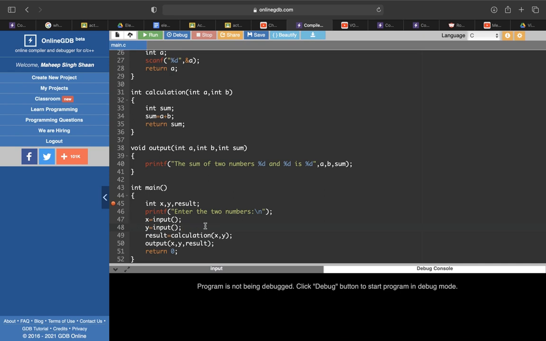I'm calling this function. So whenever the green line comes here, the arrow comes here to line number 47, 48, 49, 50, what you're supposed to do is step into whenever you see you are calling a function. So what happens is it goes to that particular function, then you keep on doing step over until you're back to calling the function. You're back to calling the function, step into, go to the function, step over. Same thing, so on and so forth, it is going to go the same way. Okay, that's what is basically debug log.